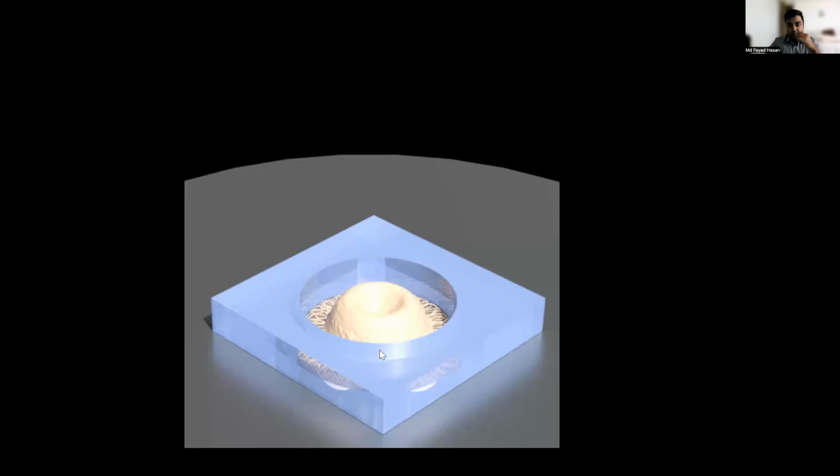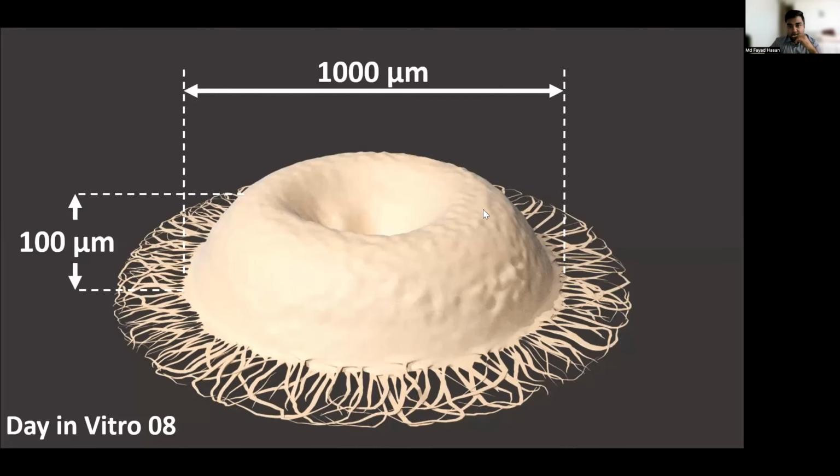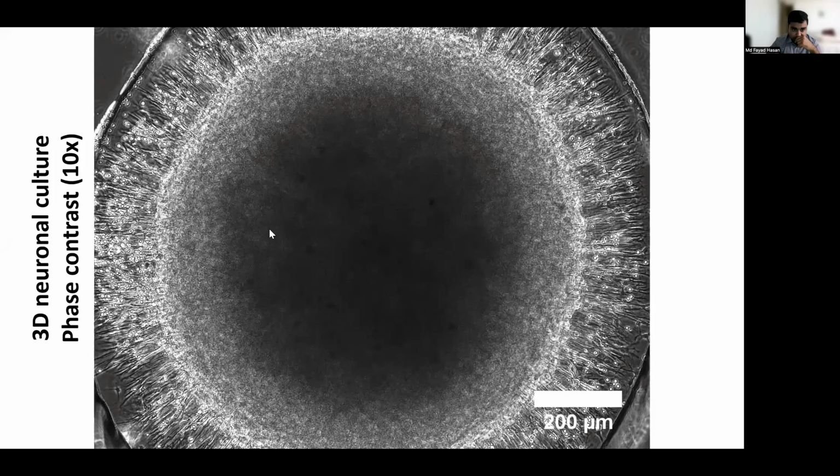I'm not going into the development or the process, but it's a 1 millimeter culture, it's three-dimensional, and it was made from human cells. When we made this culture, we saw that it looks like this. They are 1 millimeter in diameter and 100 micrometers high, and they have a 3D structure and also laminar brain-like structures in them. And it kind of looks like this.